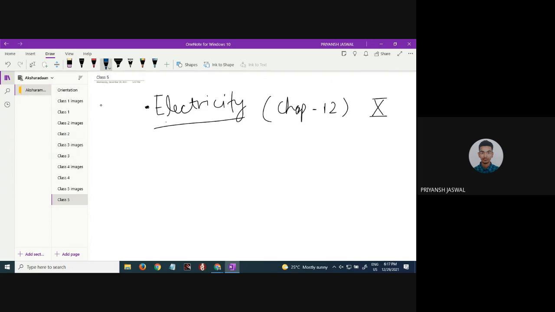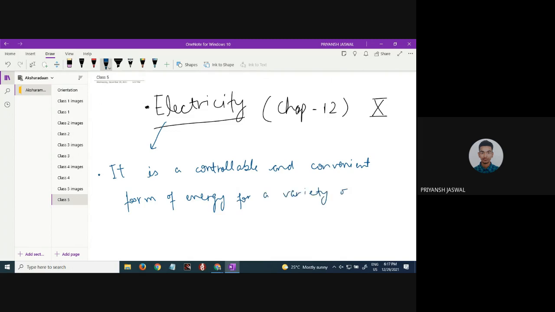So, first question is, what is electricity itself? I'll write slowly also, as I'm covering it very quickly. So I'll write it neatly and slowly also. Electricity is a controllable and convenient form of energy for a variety of uses